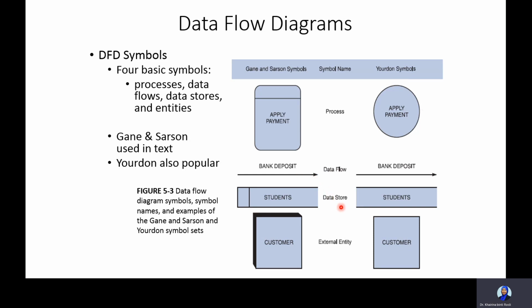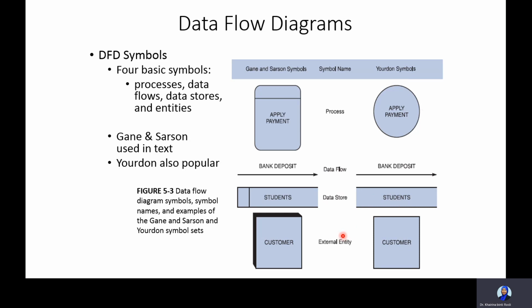Next is data store. Data store is to show where the data is stored. For Gane and Sarson, the symbol is like this. It has an open end here like this. Whereas for the Yourdon symbol, it just has 2 lines, up and down here. Just 2 lines. And in the middle here, we show the name of the data store. Let's say this one is the data store for the students, so we name it students here. And lastly,